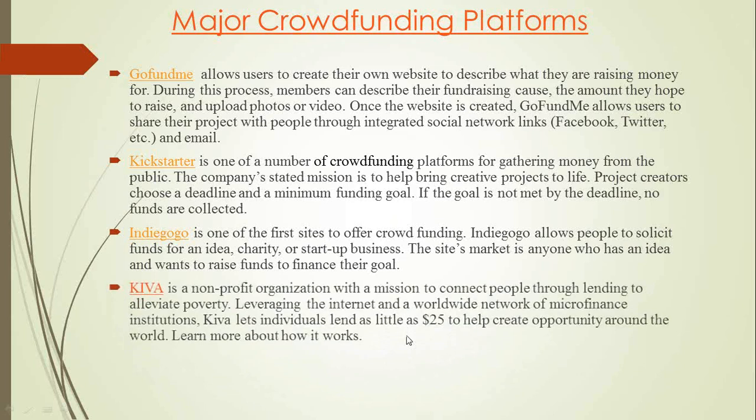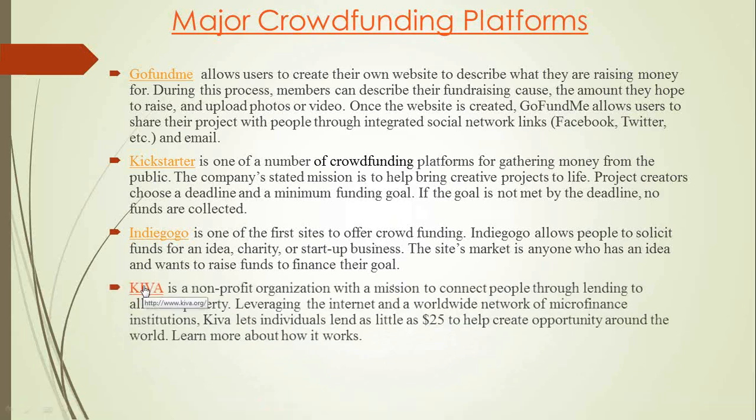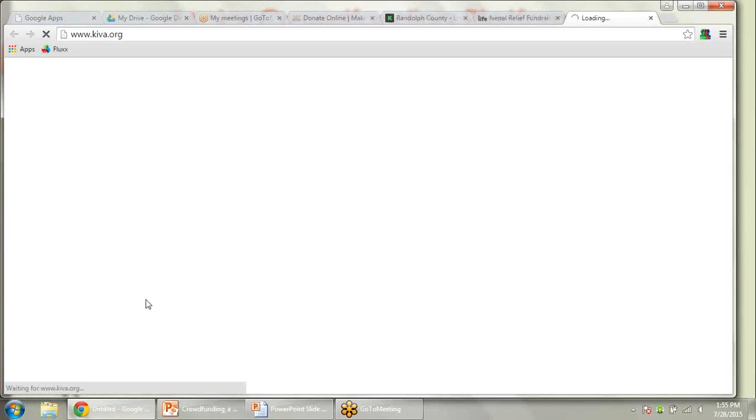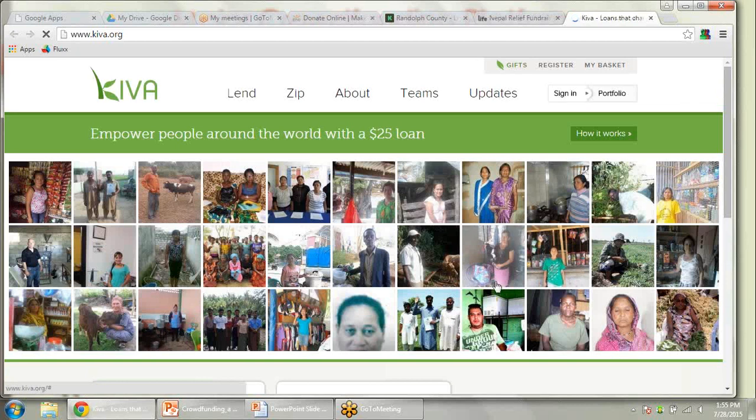The next we have is Kiva. Now, Kiva is what they call a debt-based crowdfunding campaign, where it gives you a loan. The borrower is listed on Kiva, and the supporters and donors find those borrowers they want to support, and they give to them. There's a minimum of $25 that you must give, but the caveat to Kiva is you get your money back if the project is successful.